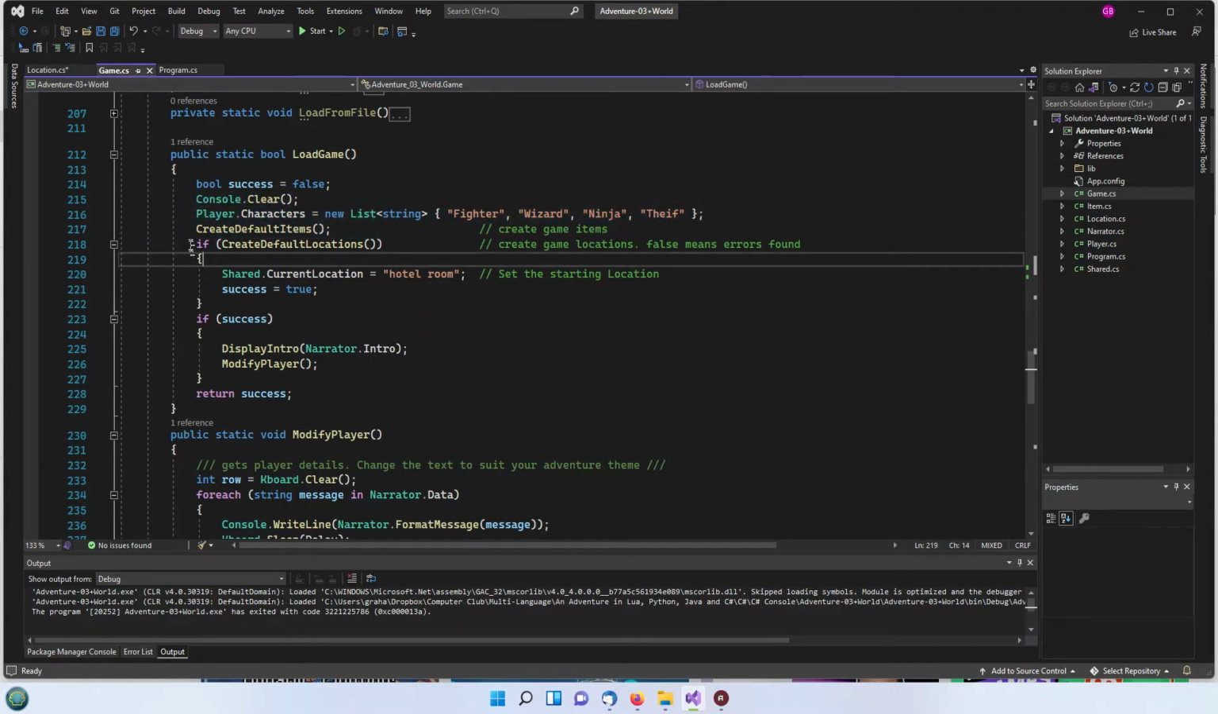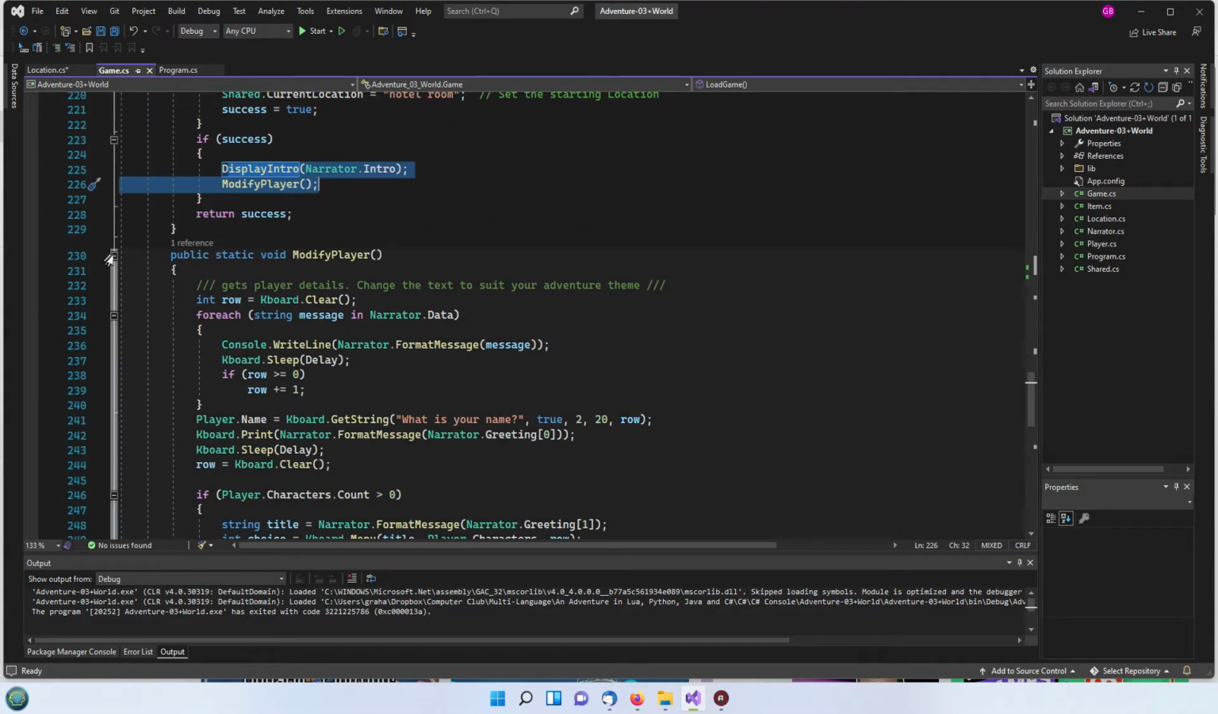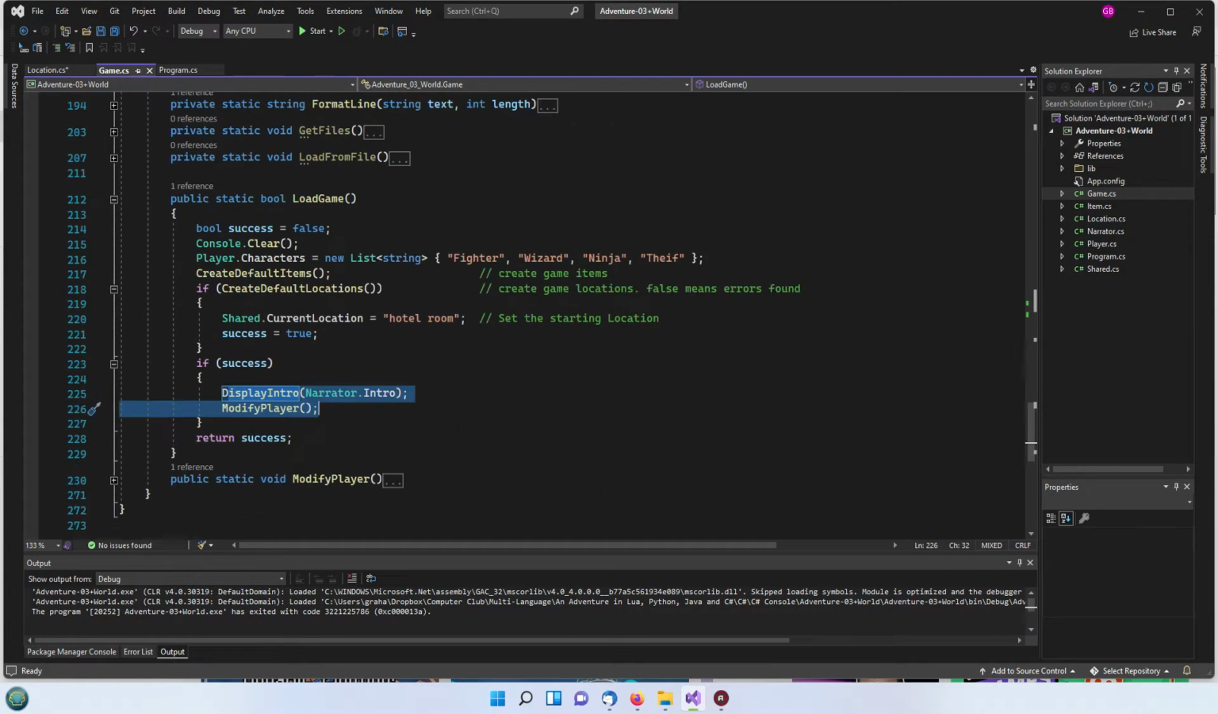Now we've got this if create default locations. The reason for making it inside an if statement is if create default locations returns false, that means we've somehow messed up the loading of the game, and so it won't run. So this kind of tells you what's wrong, why it won't run. And if it does succeed, then we carry on as before, displaying the introduction and then modifying the player, which is what we did last time. So let's leave it with a stop sign here at the create default locations, and we'll show you how that